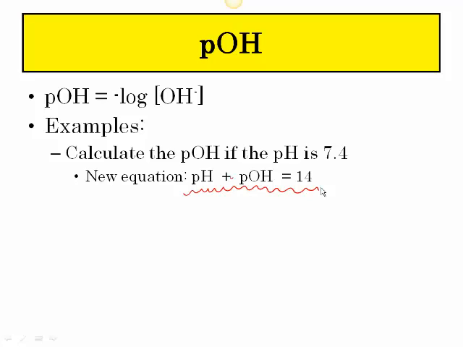Or if they want to know the pOH, we don't have to do a bunch of steps. So basically what we're saying here is that the pH plus the pOH is equal to 14. And they gave us the